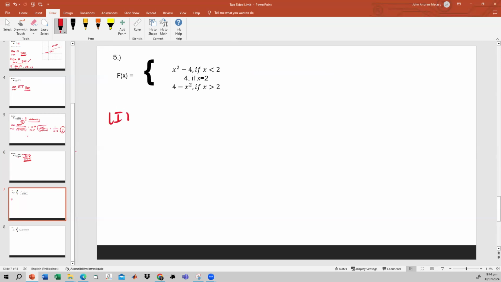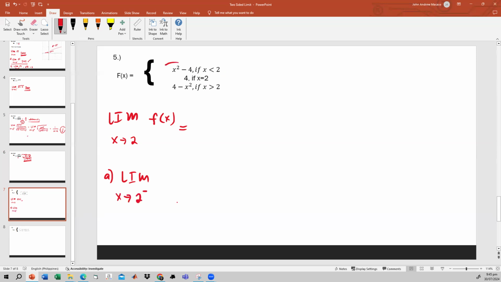So again, we'll try to write this. The limit of f of x as x approaches 2. This is the thing that we want to know. Of course, we need to check if the two-sided limit exists and if they are both equal to L. In that case, we'll first get the limit from the left of 2, so we'll have the limit as x approaches 2 from the left.